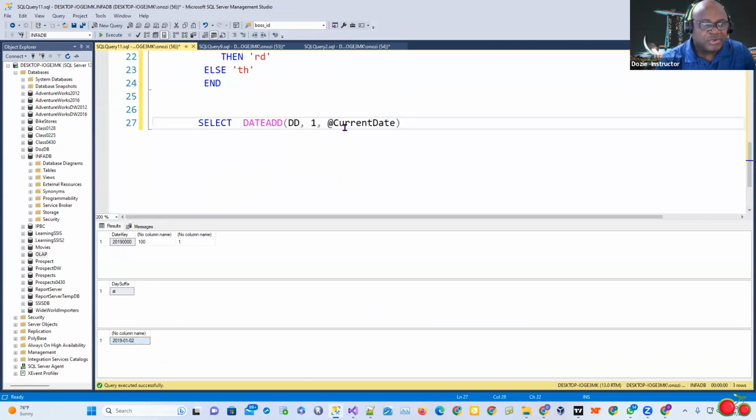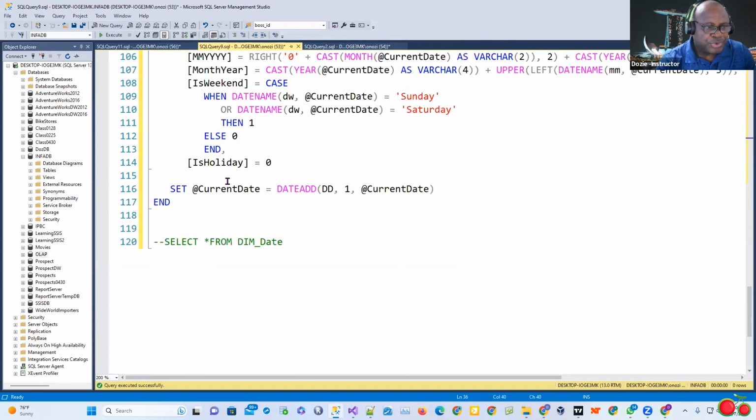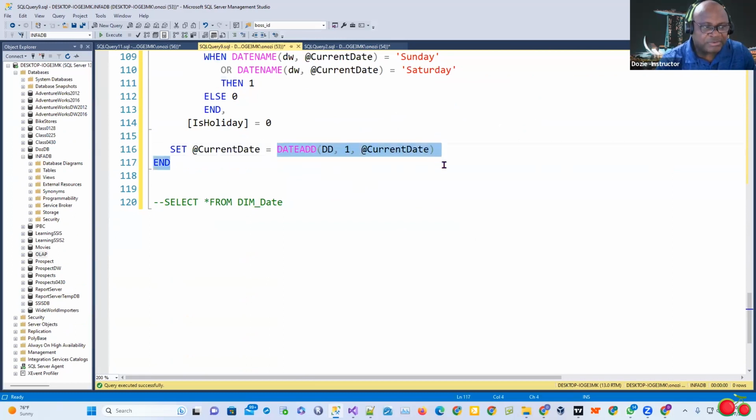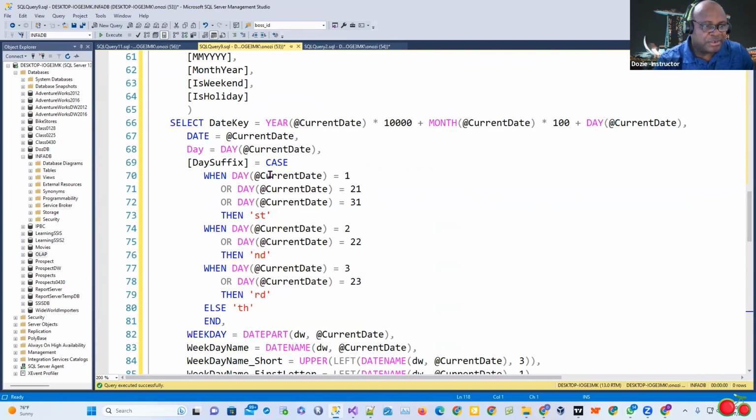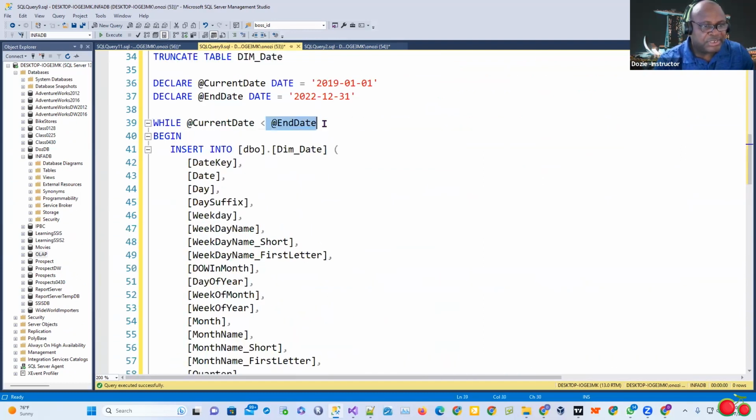We're adding one day to this, setting this to date, whatever you start, you set one to it, right? You keep adding one to the next date, keep adding one until we get to the end date. So it's going to always be current date plus one, okay? So we're going to keep adding one day to current date. So if you run 01, the next run is going to be 02, just first, second, third, until we get